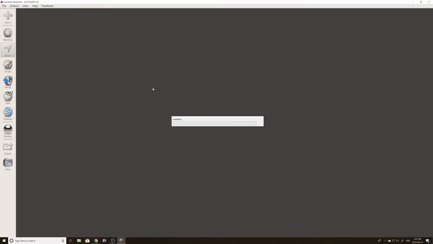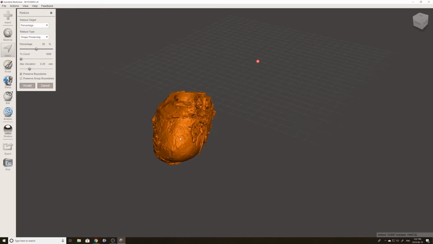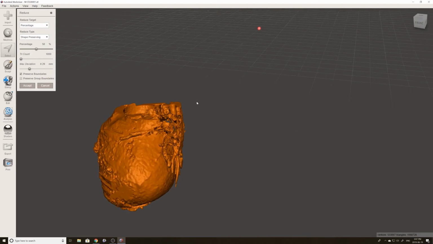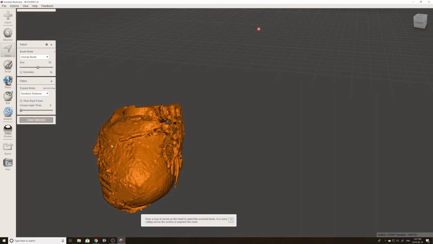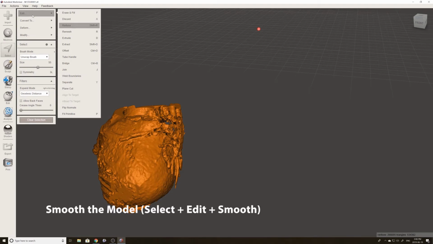Again, this loading can take a while. I've sped it up. So here we can see we're not really losing any quality, but we are making the file sizes much smaller, which allows our computer to run better. Perfect. So now we can go through and edit, and we're going to do a smoothing operation on this one,